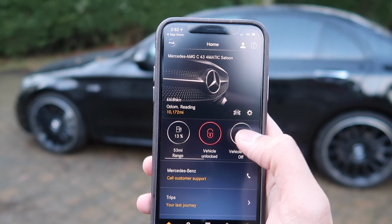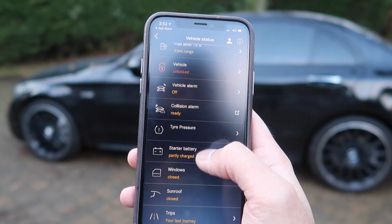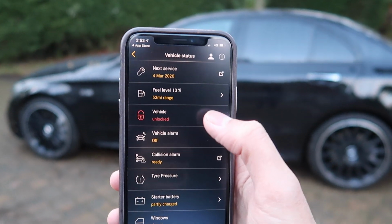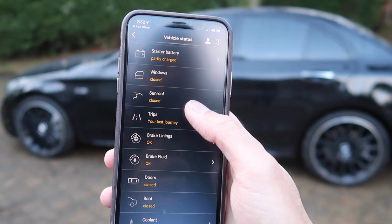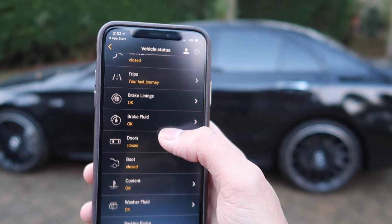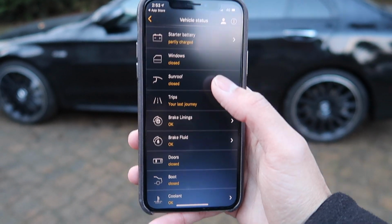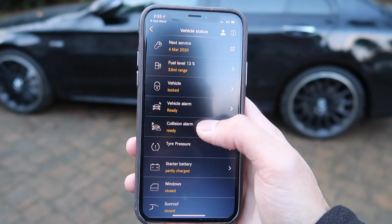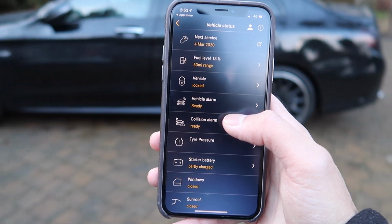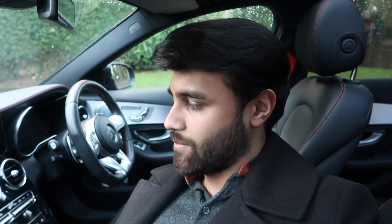I like to check just how much fuel I've got, things like that, but there's a whole bunch of things that it can let you know. Your next service date, just general things that you'd otherwise have to physically go into the car and check yourself. All the Mercedes cars now are compatible with the MercedesMe app. And I imagine the S-Class, the AMG range higher up, you can do a lot more with it. Anyway guys, that's 5 features on my particular C43 AMG that could be applied to your AMG,